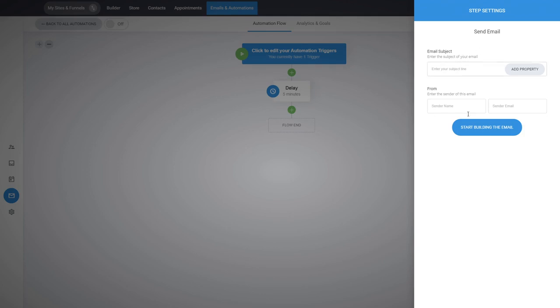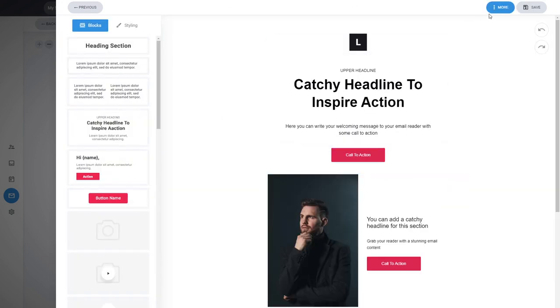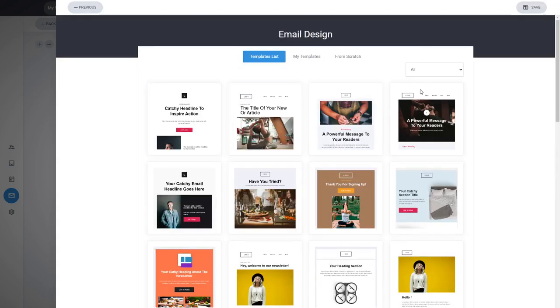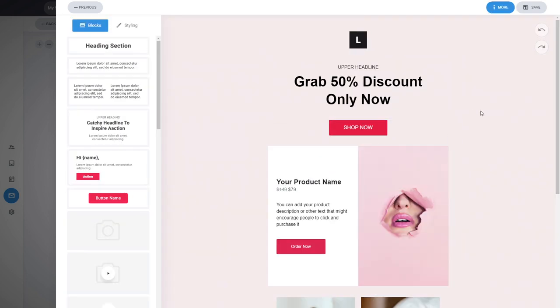So here you can add your subject and start building your emails with your email builder. Here is one such design. Maybe if it's a product, you can actually select a product type of, we have here e-commerce type of designs, so you can show them a video with a specific product in mind. Let's say this one, and people can actually purchase the product. Again, you can send them to the page that they can purchase it, but you can also email them, and not just once,